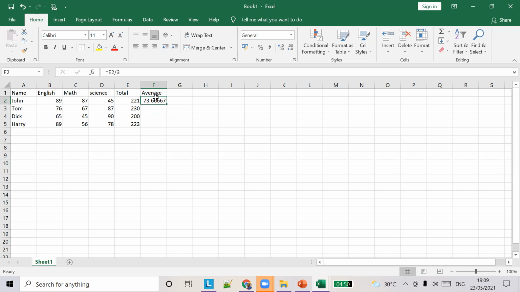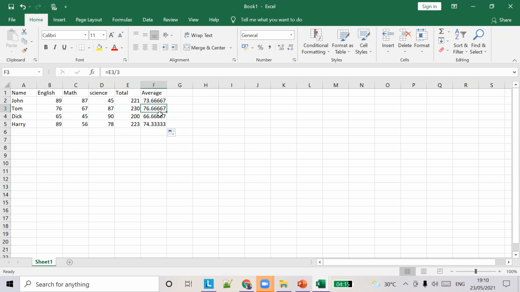Now we have to copy the formula. You have to calculate the average for all the students also, right? So you guys know how to copy the formula, right? You select this particular cell and drag it down. Now you can find the formula for all the other students also. So this is how you copy formulas. I just gave you another example on how to copy formulas. Similarly, any formula can be copied.